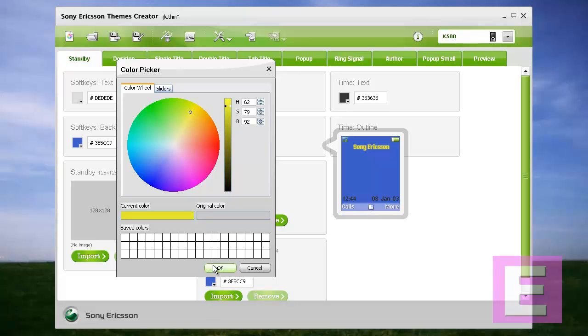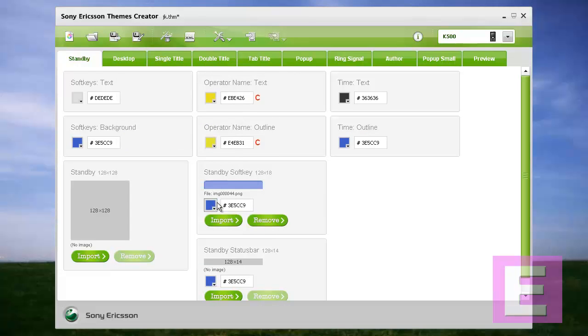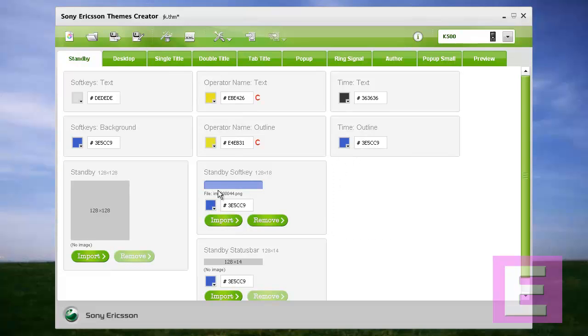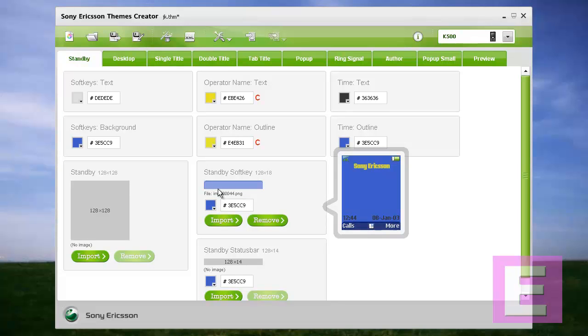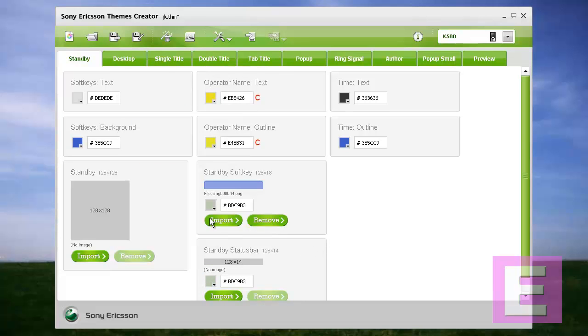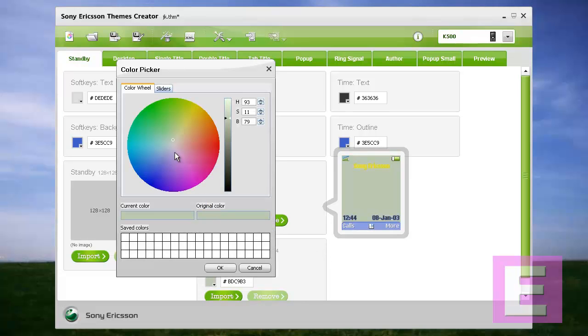You can see the output on the right side. Then the color of the standby soft key, where it is located, generally you can see it is highlighting calls and more options. So this can be changed from here. Along with the background change it will get changed.